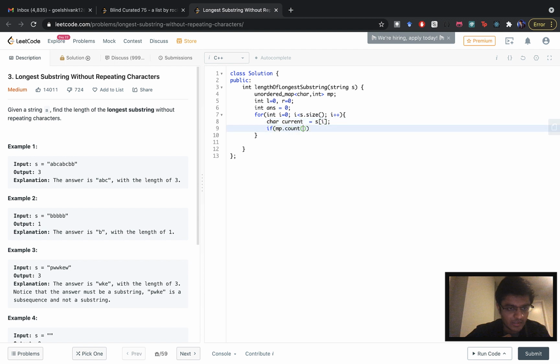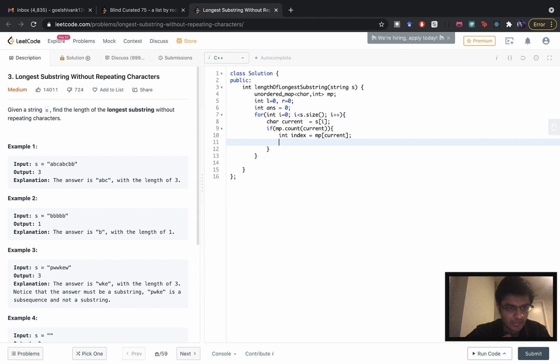If the current character is in the window, so the map will store all the characters in the current window. So if the current character is already in the window, what we'll do is we'll get the index from the map where the current character was previously seen,